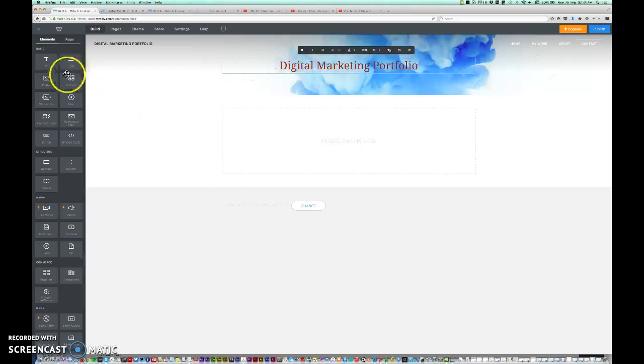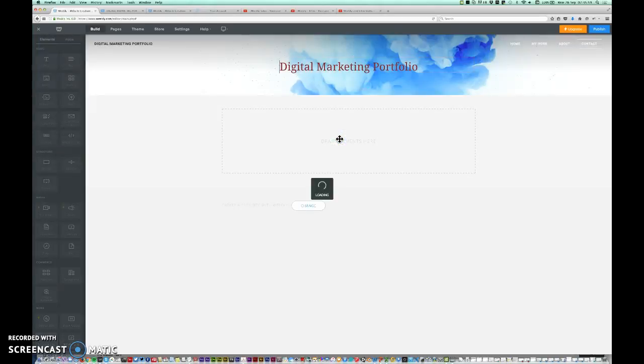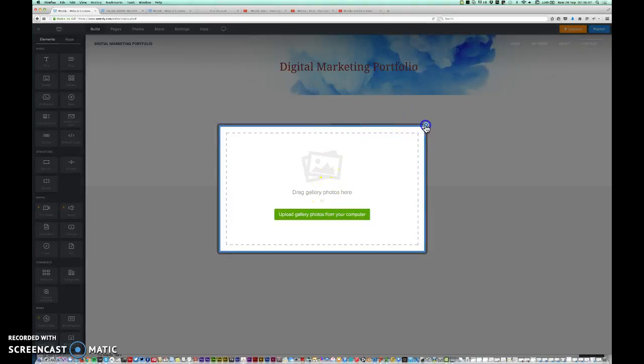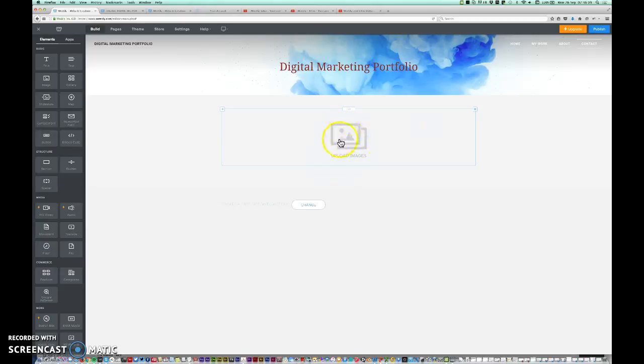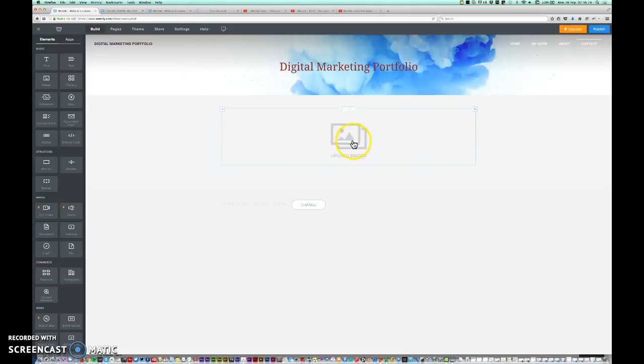In here, you can basically drag over, say, a gallery. So we'll put a gallery in here, and it will basically give you an idea about loading up images. So I click on the images, and I can actually load up images in there from my own portfolio on my own computer, or I can drag them into this area, drag them off my desktop into this area at the moment. Okay, or I can delete it by clicking on this and say delete,